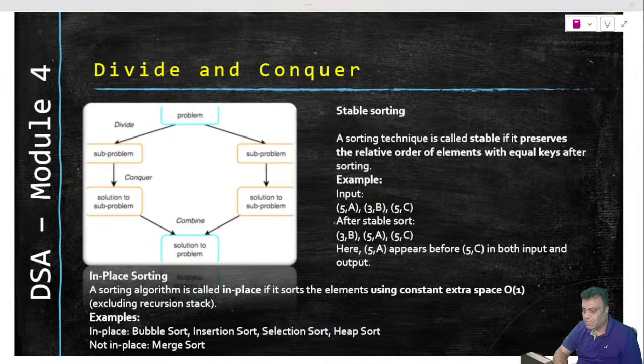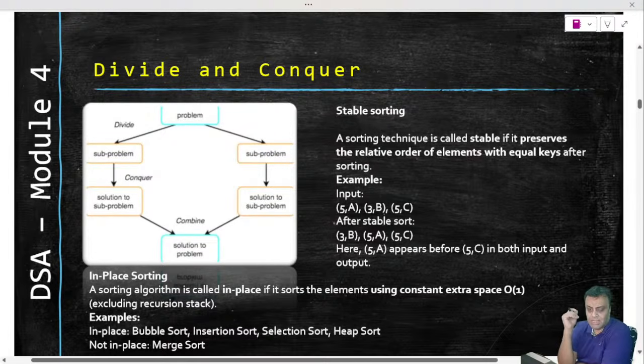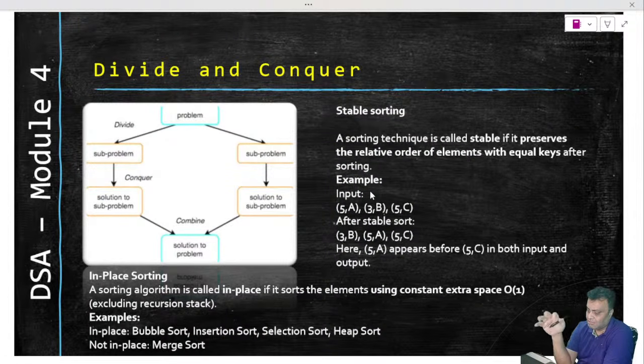Right, so quickly, if I talk about the major aspect of what we are discussing today, this particular slide and the diagram on the left actually summarizes a 35,000 feet overview of what we are trying to cover today. What we are trying to cover today are algorithms that rely on divide and conquer. Now if you see divide and conquer, it's very simple to imagine. In the diagram, if you see, there's a problem given to you.